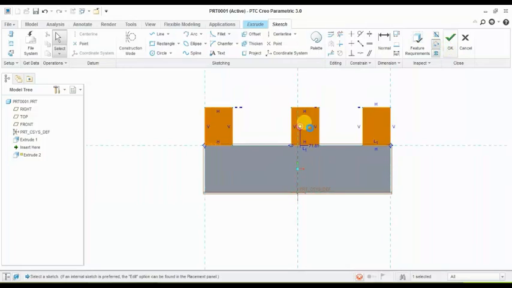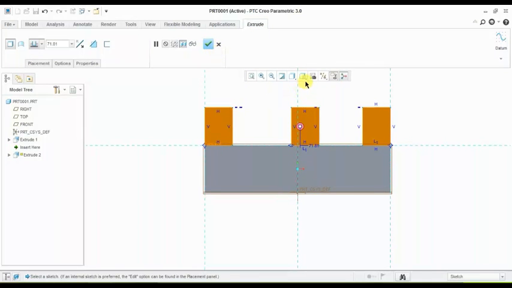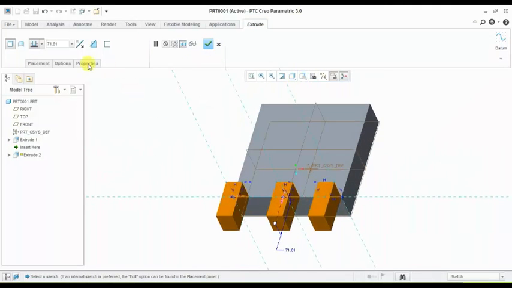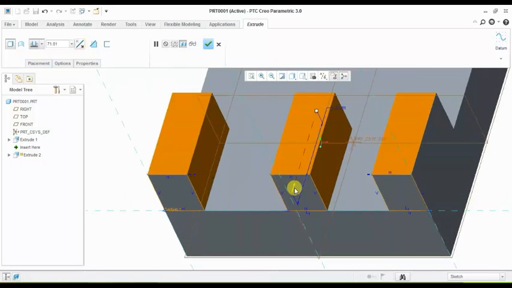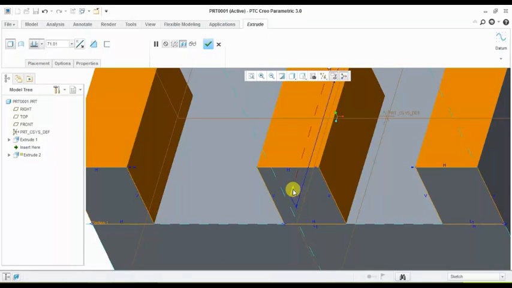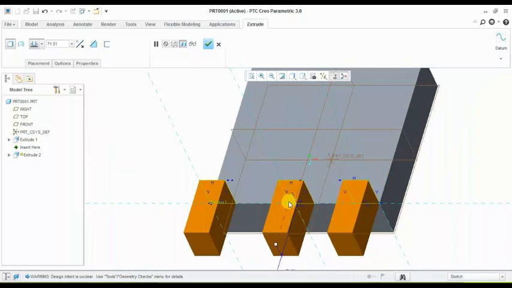Okay. Now here you can see different options. By clicking here, flip the direction, or by clicking on these arrows, flip the direction of the extrude.